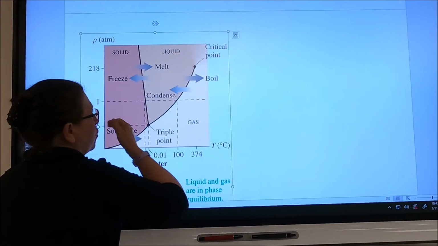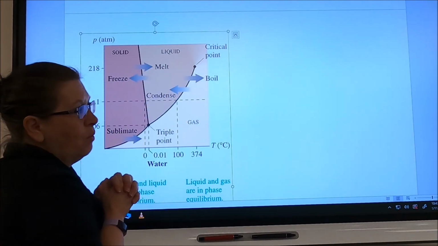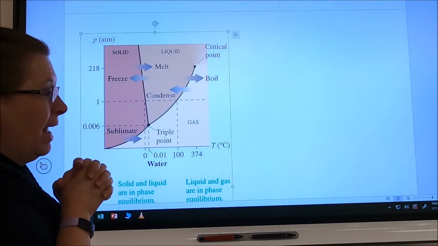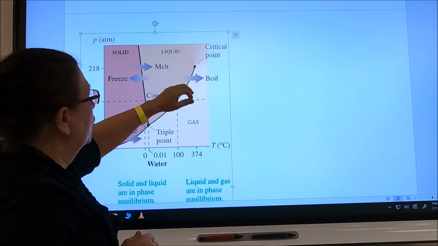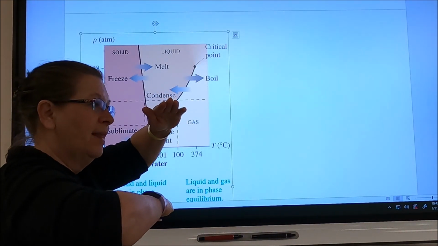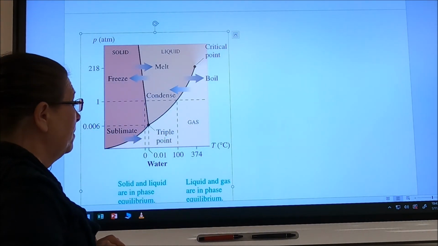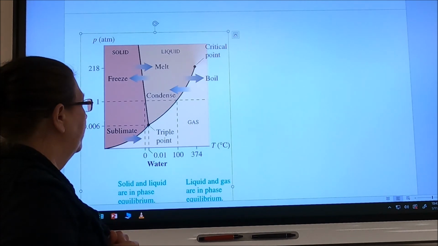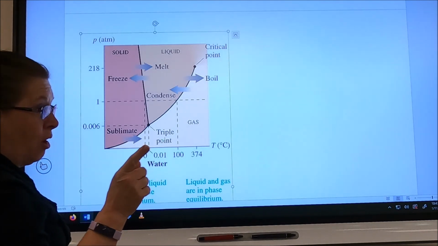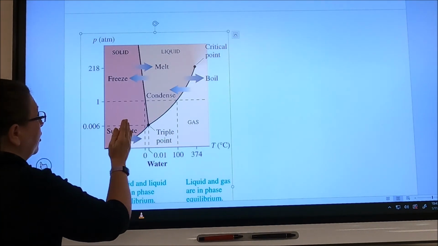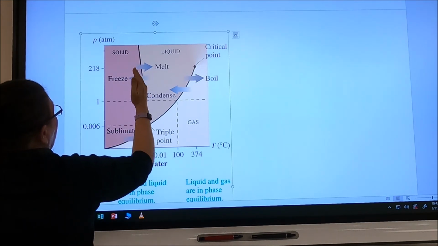In the region beyond the critical point, in pressure and in temperature, you get what's called a supercritical fluid. It's not quite liquid and it's not quite gas. When you hit the critical point, the separation between the liquid and the gas phases disappears, and you have a supercritical fluid. They're really interesting, the properties of supercritical fluids. Now, I'll talk about it a little bit more when we look at the carbon dioxide phase diagram in just a second. One thing I want you to notice here, because this is water, is